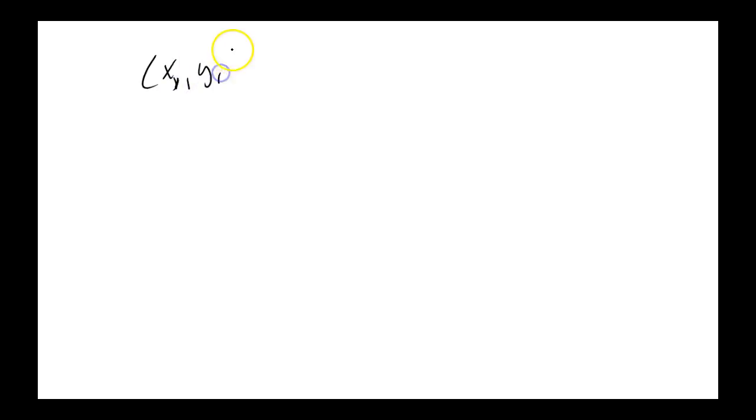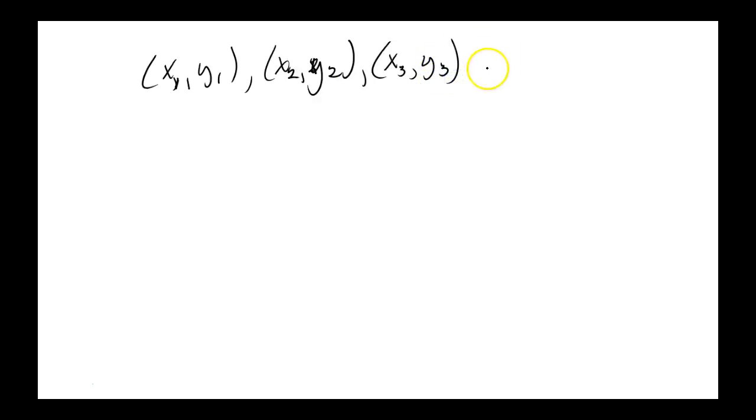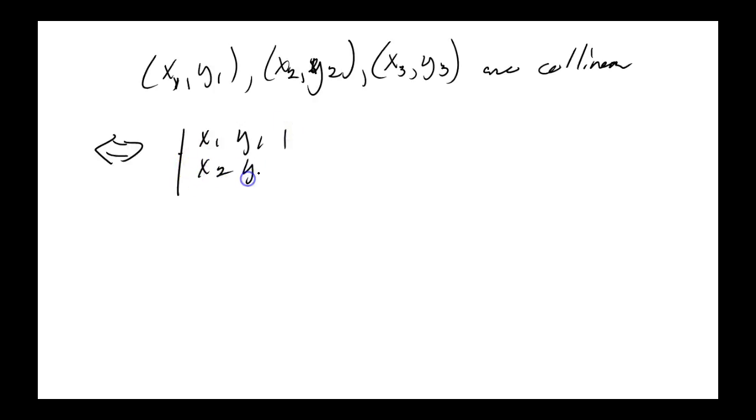So if you had x1, y1, x2, y2, x3, y3, okay? These are collinear if and only if the determinant of x1, y1, 1, x2, y2, 1, x3, y3, 1 is equal to 0. Only way it can be. Now,